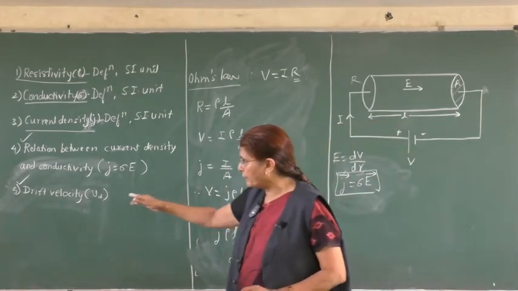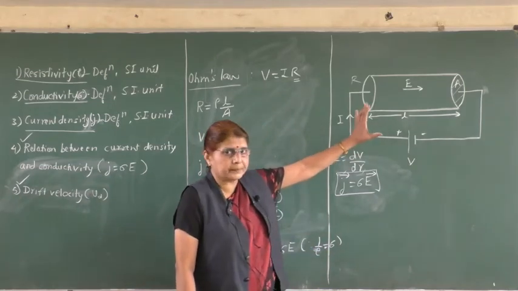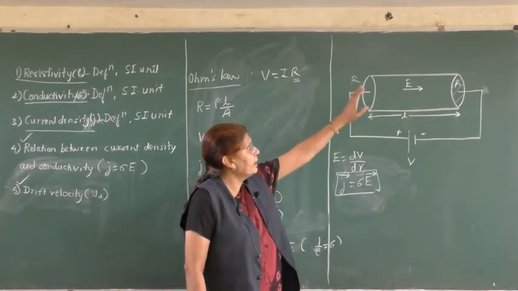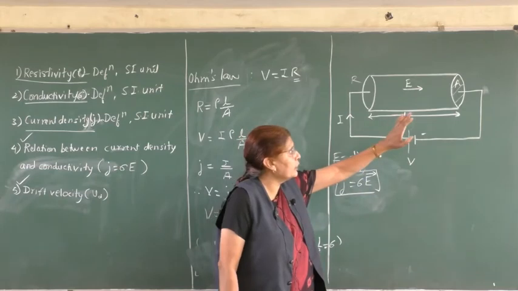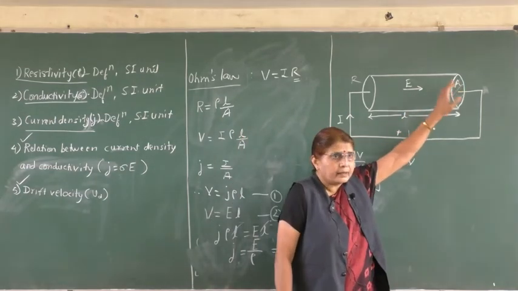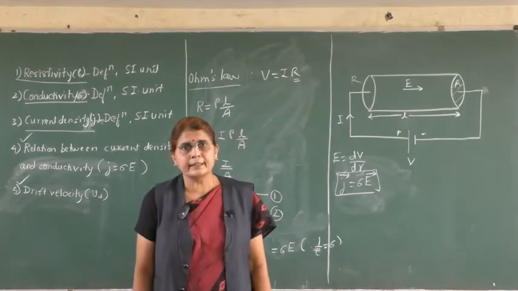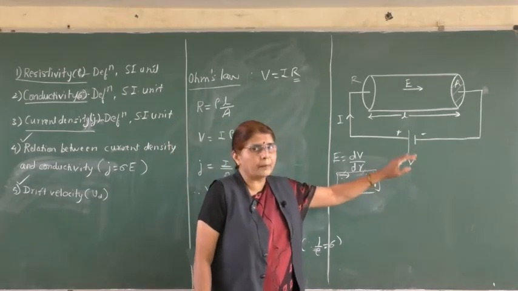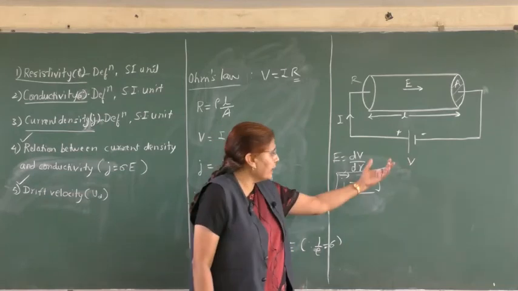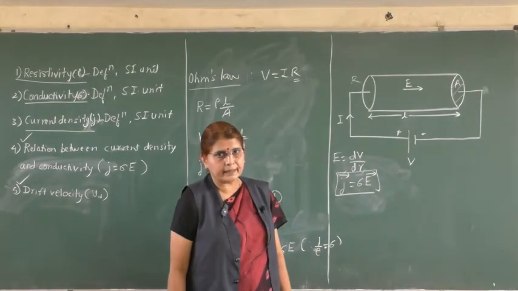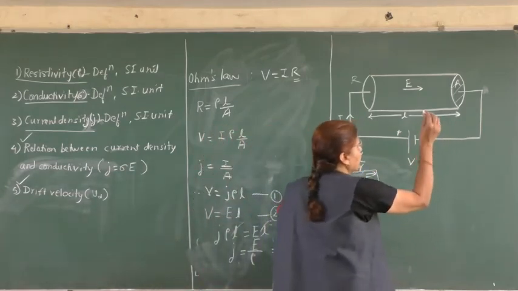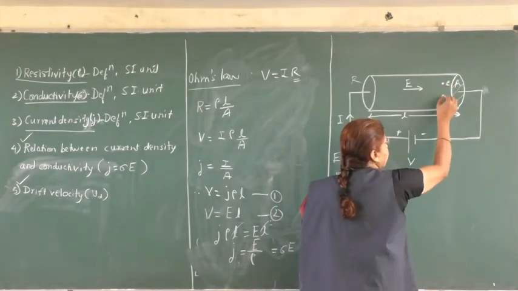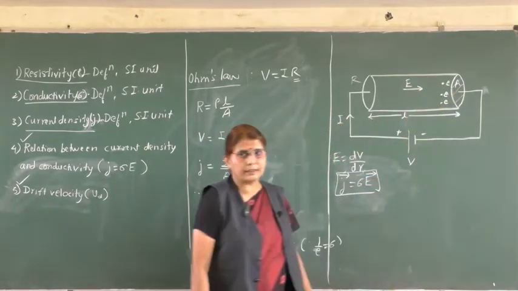So let us try to define drift velocity using the same figure. We have a conductor, resistance is R, length is L, uniform area of cross section is A. Then you want to have current through this conductor. That is why you connect a battery across it. You apply a potential difference across it. V is the potential difference across this conductor. So when you apply a potential difference across the conductor, what is the effect on the valence electrons? Let me show the valence electrons by dots like this. These are the free valence electrons in the conductor.